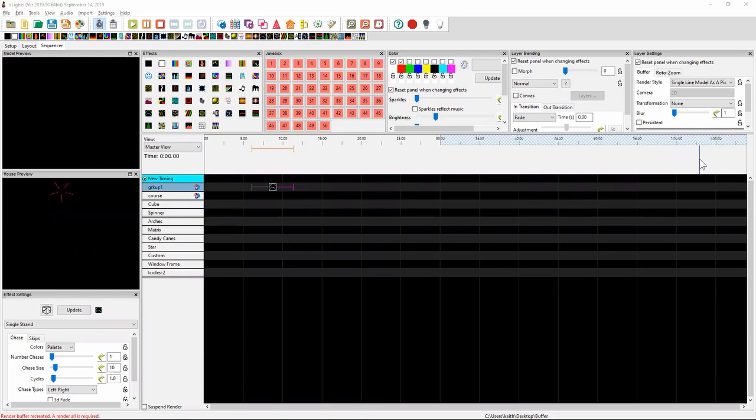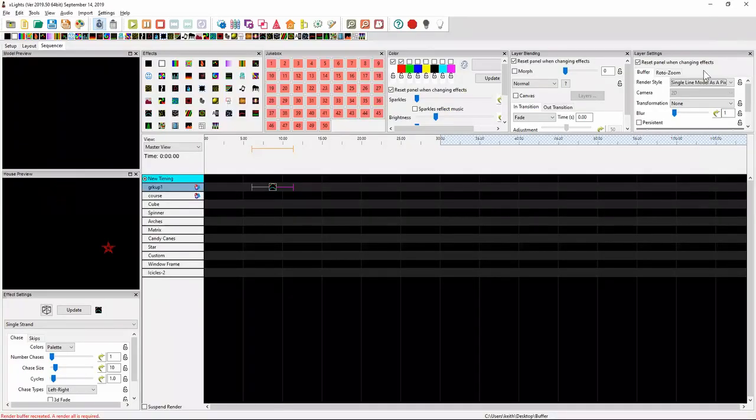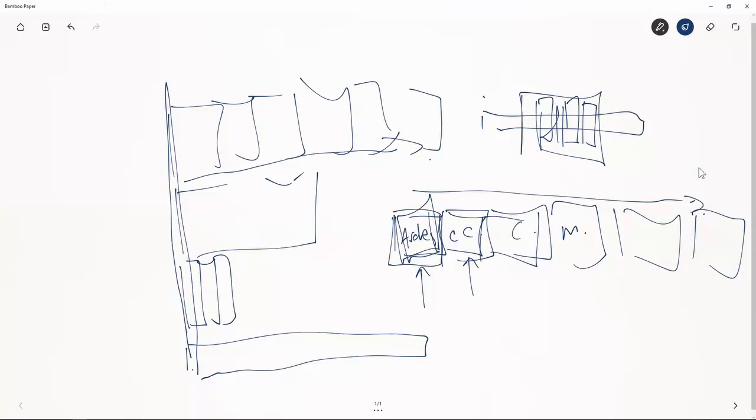So single line model as a pixel is actually much more like this, where every model is in its as a pixel. So as a pixel means that the whole model is inside a single box, and it creates a single line, which means it jams them all hard up against one another. The reason that makes a difference is because there's default model as a pixel. And what this does is, instead of everything being jammed up, it actually respects